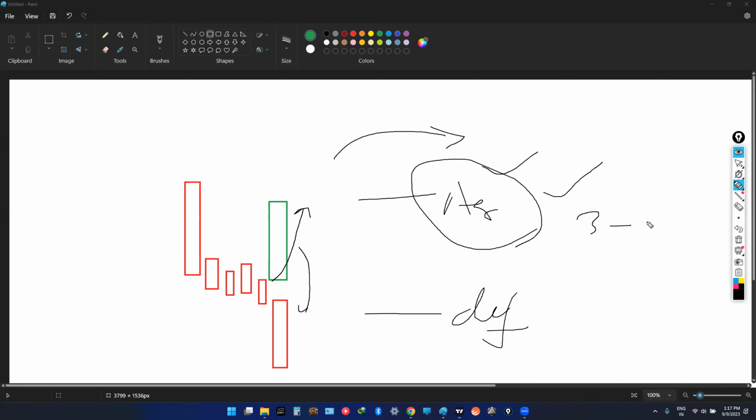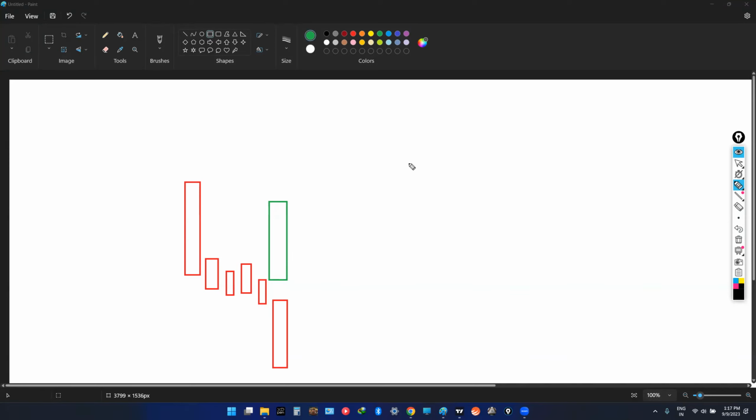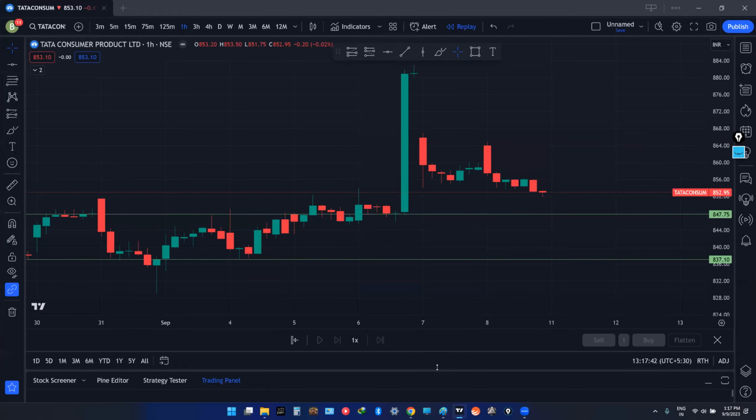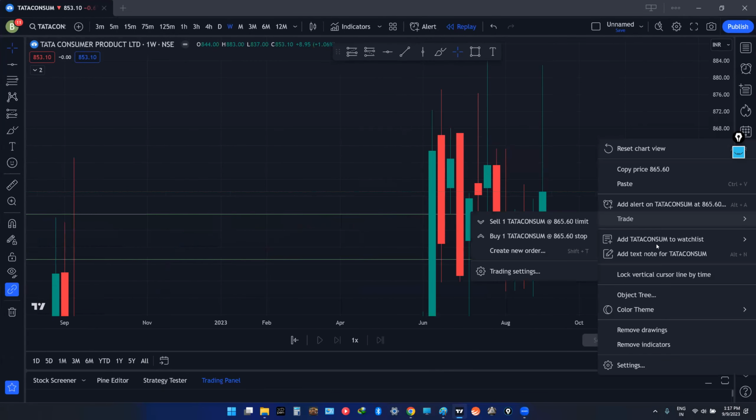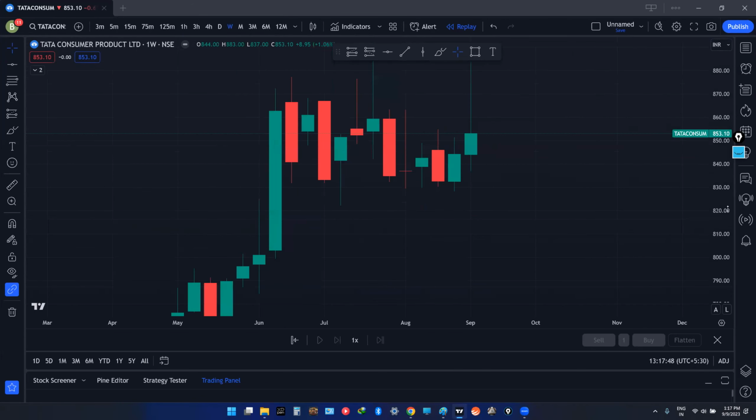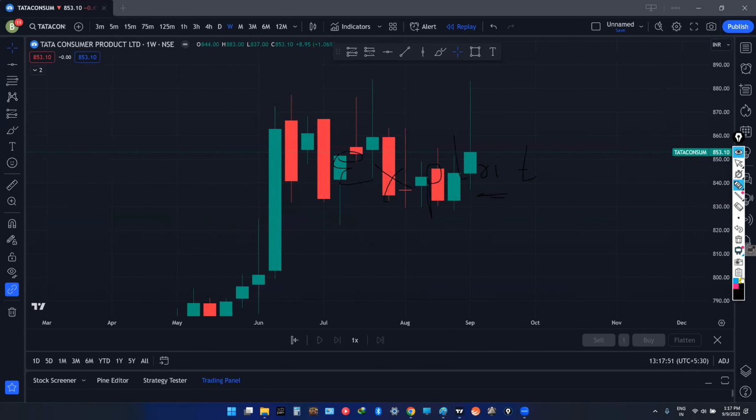If you are investing over 3 to 4 months on a higher time frame, say monthly or quarterly, keep defensive stop losses. And most importantly, do not try to exploit your stop loss. By exploitation, I mean, if I go to weekly here, and my chart is suggesting that my stop loss ideally should be at this point, or maybe below this wick, you should not try to exploit it